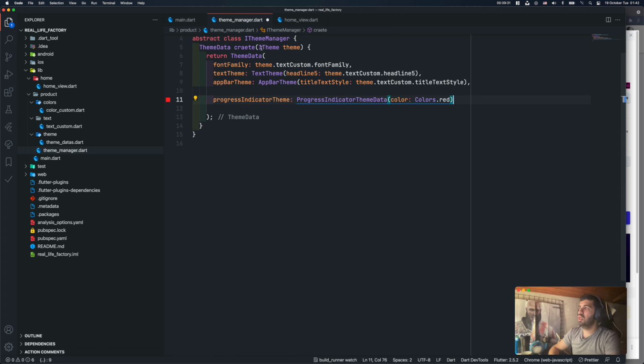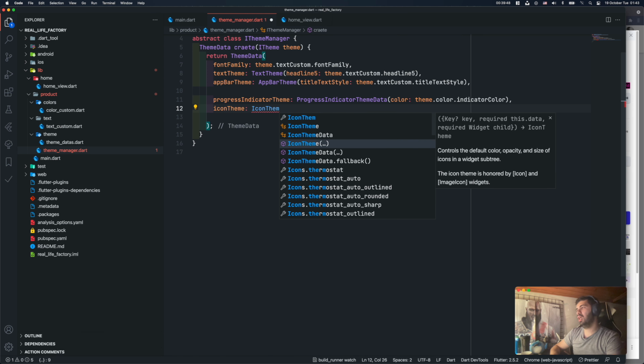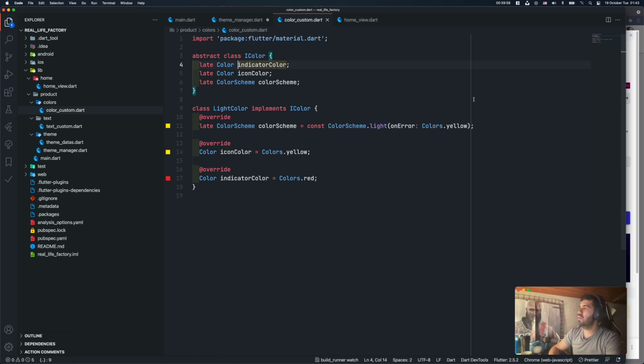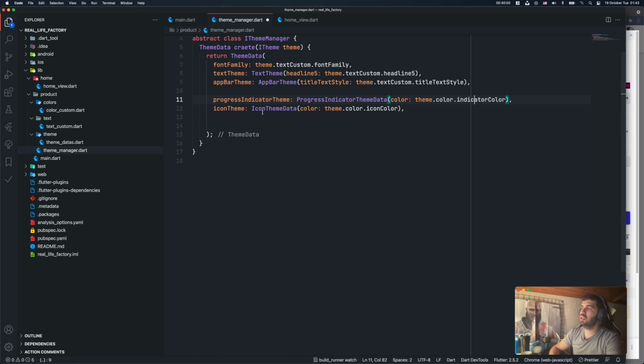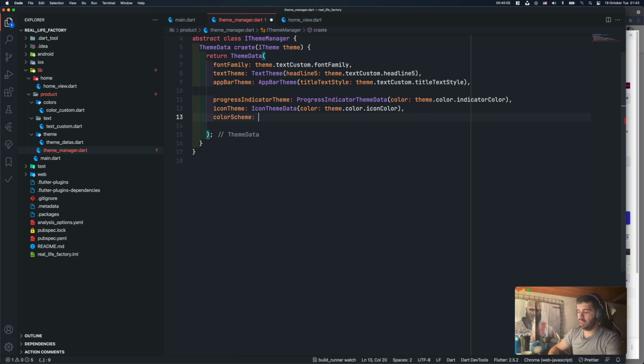Progress indicator, and I said it will come to theme operations and indicator color, and I say icon decoration theme, icon theme, and icon theme data. Yep, it will come theme dot color dot icon color, and finally I need to implement color scheme, icon color scheme, and I want to say